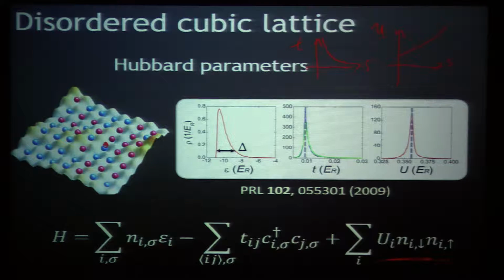Okay, so these dashed lines here are the non-disordered values for this lattice. So for example, if I crank the lattice depth up, this line here would move to smaller values, and this line would move to bigger values. Okay, and then the disorder comes in and broadens those tunneling and interaction energies and turns them into distributions. Does that make sense? Kinda? Shaking your head like you maybe don't believe me, but we could talk more about it. Any other questions?